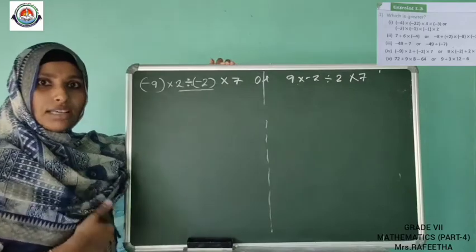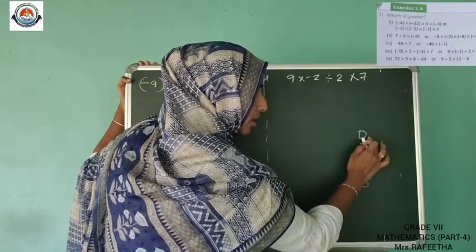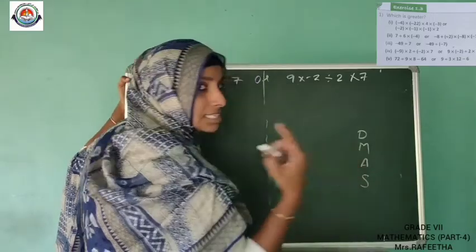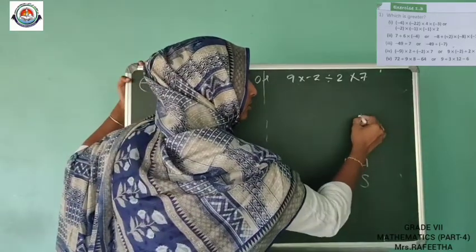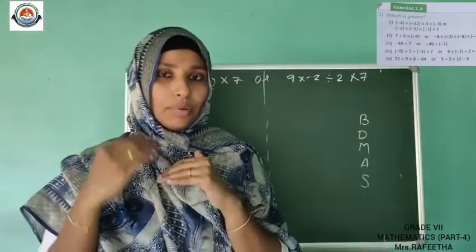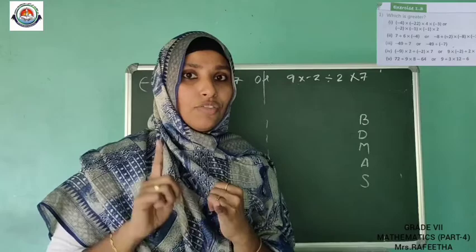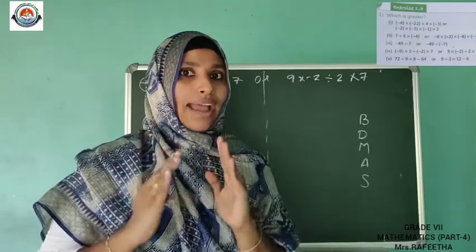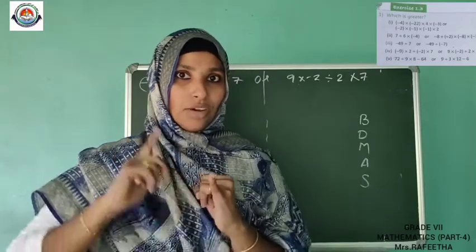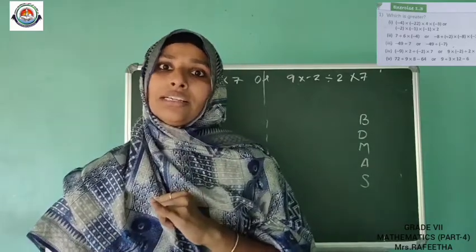Okay, we have studied DMAS. D for division, M for multiplication, A for addition, S for subtraction. So we can do it first, but there is a bracket also. You know why I didn't say that before? Because if I had told that, everyone would get confused. So the bracket you want to consider first. Before the division, if a bracket is inside the numerical expression, you want to do the bracket first. The first consideration is only for the bracket, then division, then multiplication, then addition, and then subtraction.